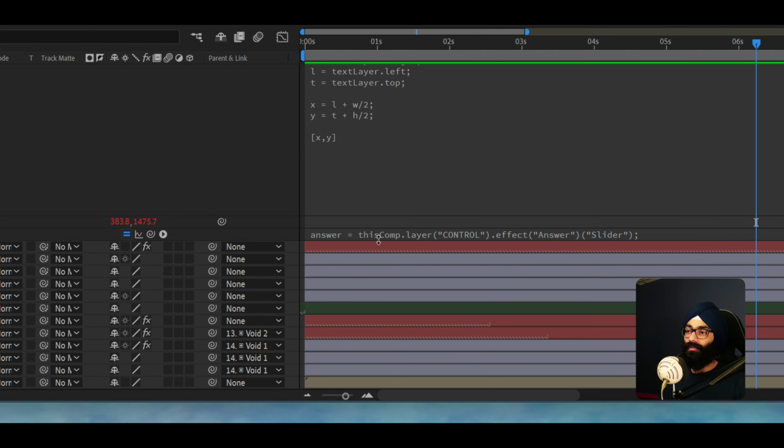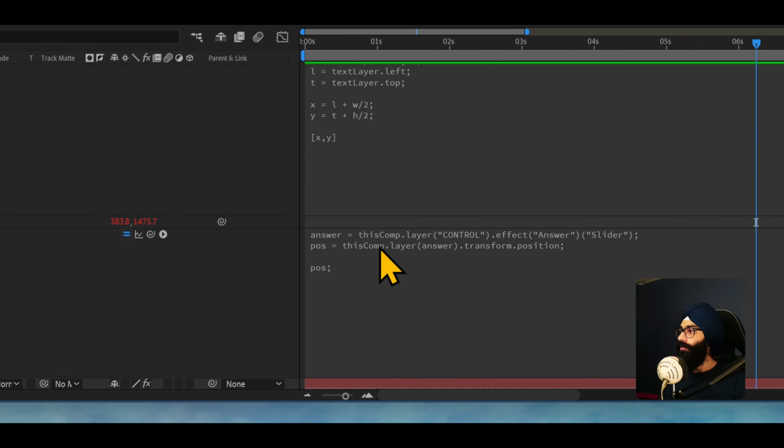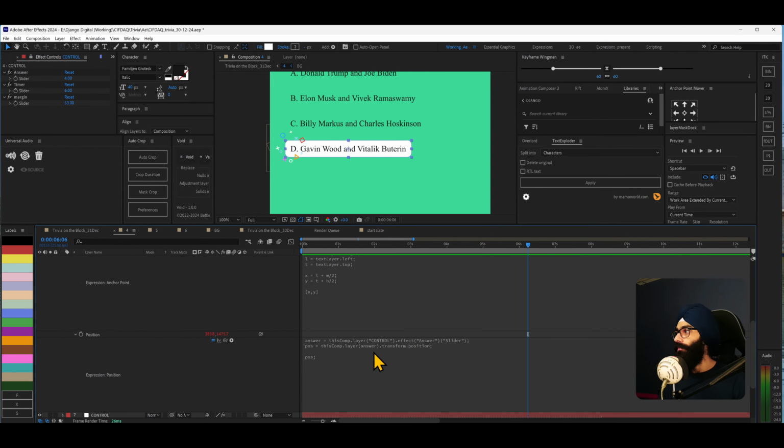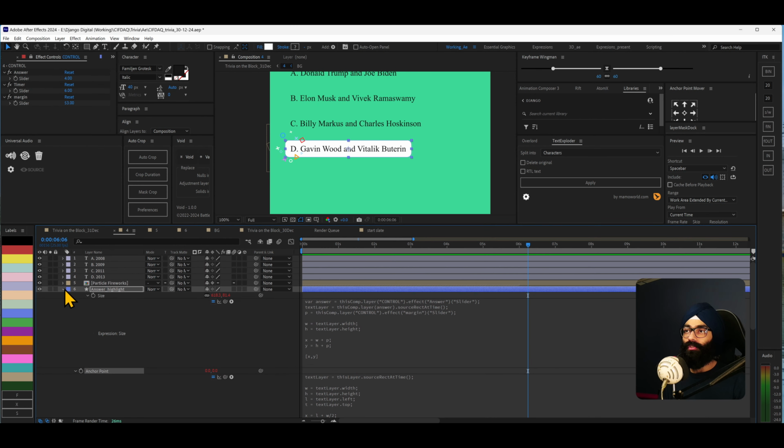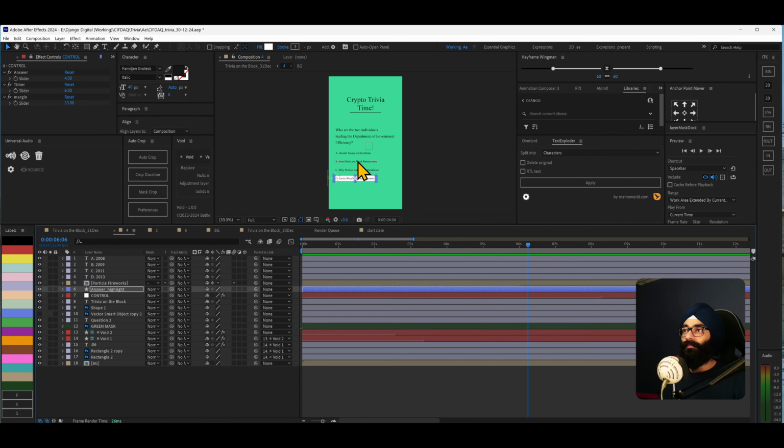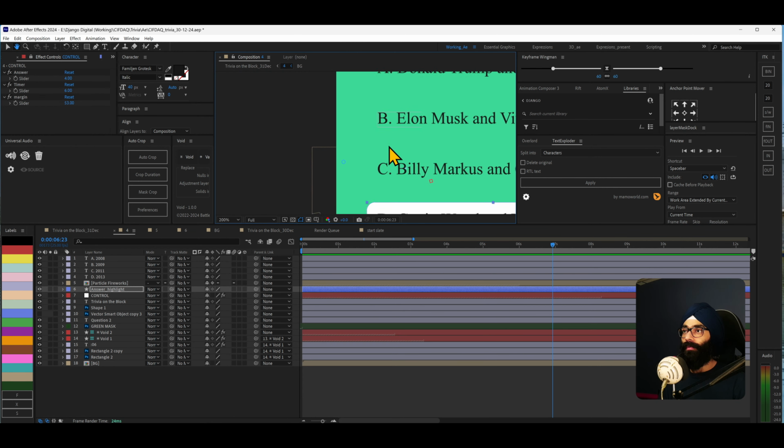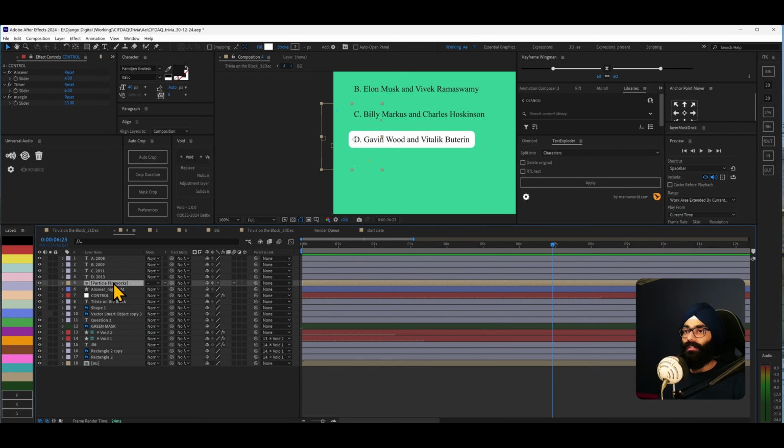Okay, and then position, this is very straightforward. Answer is whatever the layer is, this comp.layer, and then position is this comp.layer transform position. That is all. So whatever the answer is, we go there. Now the last thing which is left here is this thing which is popping up. Now this pop-up is actually from Particle Fireworks. This is from Animation Composer, and when it comes, if I alt control T this,